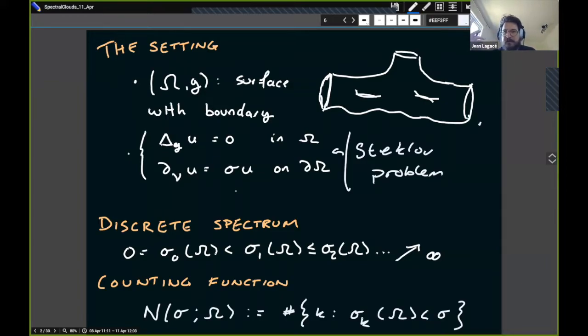So the spectral parameter of this problem is a bit particular because it's on the boundary rather than being inside. But by now in this seminar, you should be used to this problem. We spoke about it last week, for instance. And there will be variations on the exact nature of this problem that we're looking at throughout the talk, variations both in terms of adding a potential to the interior part and